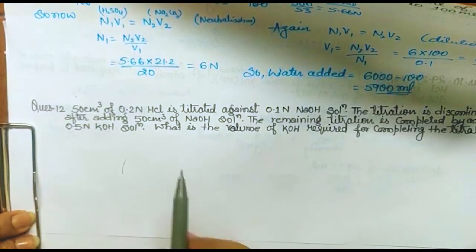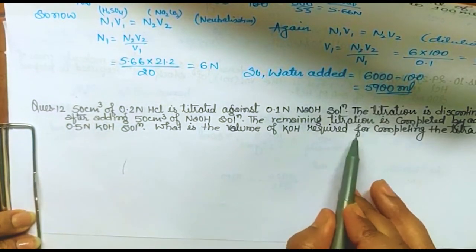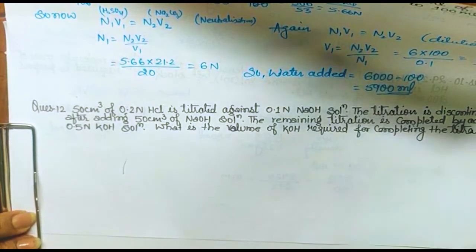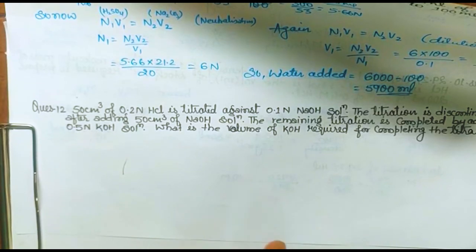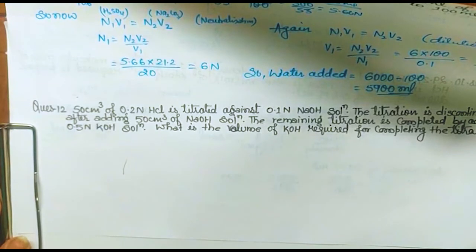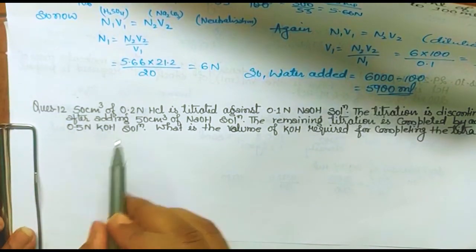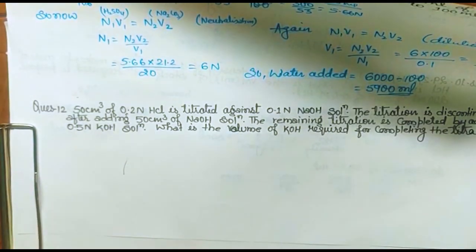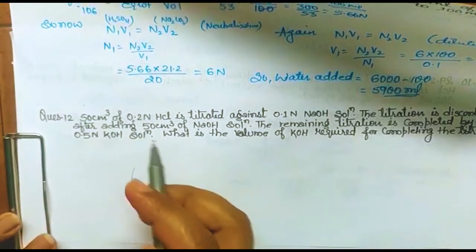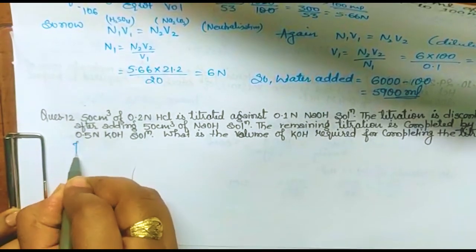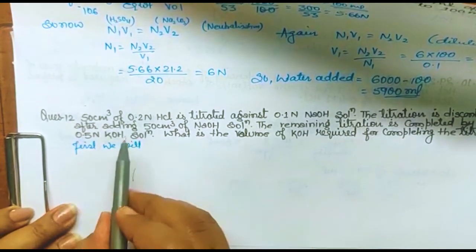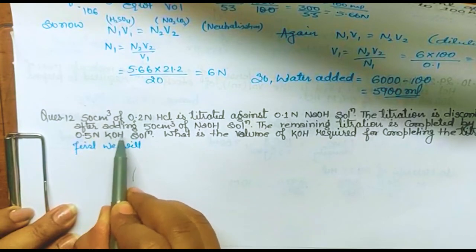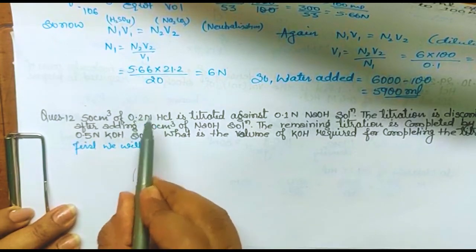Okay, let's see how to do. What is the volume of KOH required for completing the titration? It seems like तुम्हें थोड़ा सा ऐसे क्वेश्चन देखने में लग रहा होगा, it may be vague but it is not like that. So let's start with this. First we will find कि volume of HCl कितना used up हुआ या कितना left बच गया. क्योंकि I told you ना, second step में ये KOH से reaction होगा, तो obviously HCl का ही part बचा होगा.